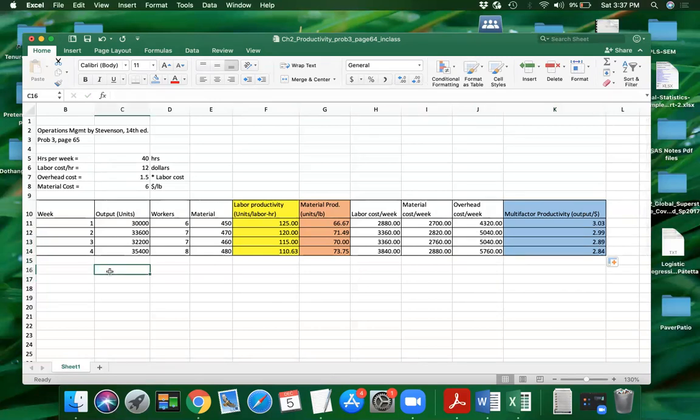So you have to write the concluding remark. Based on the labor productivity, you see that it's steadily going down. So is the multi-factor productivity steadily going down, right? But when you look at the material productivity, it was down first week, and then probably it remained constant more or less for the rest of the weeks. So we have to put this thing down in writing. So we're gonna say here